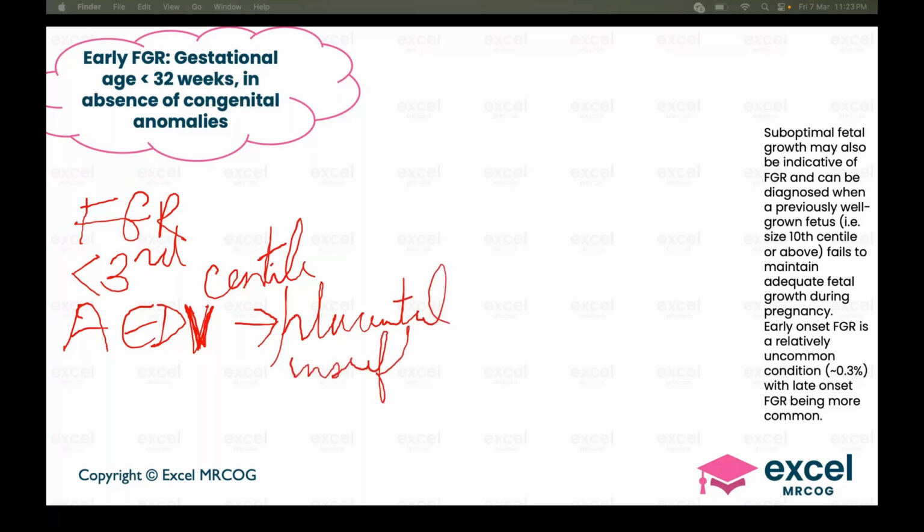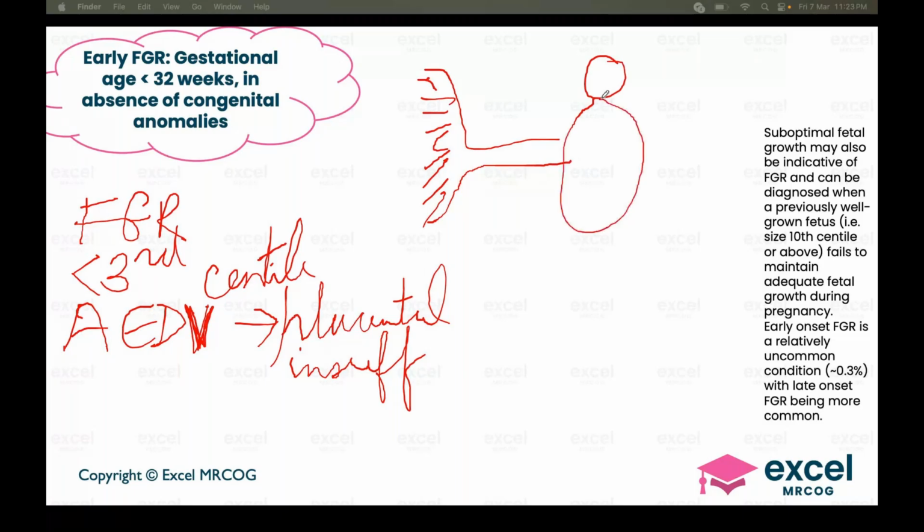Why is this? You know, the baby's placenta. This is the baby. There is the umbilical artery which goes towards the placenta from the baby. Umbilical artery takes the blood towards the placenta. Now, if there is a problem at the level of the placenta, if it is not well formed, the resistance to placental flow is high. What will happen is this forward flow in the umbilical artery will be slowed down